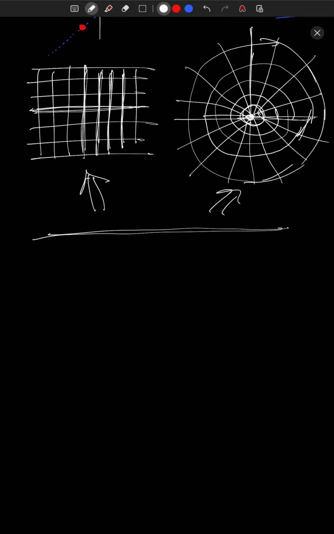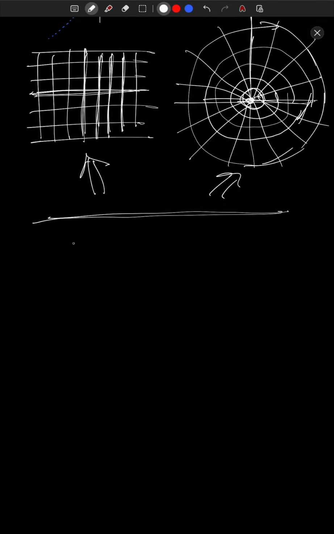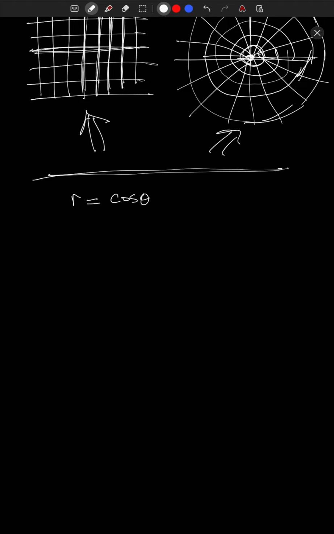Okay, but what about conversions the other way? For example, what if I have an equation like r equals cos theta? This is a very standard one to look at. How do I convert that into rectangular coordinates? So you could technically use our equations. Again, from the picture, all the equations that you get from the picture: this is x, this is y, this is theta, this is r, right? But